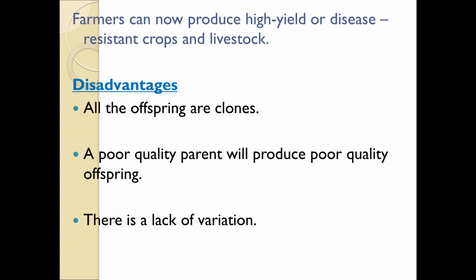But let's say there was a situation where there is variation, where they are not clones. Then, of course, they would be able to differentiate and survive in different conditions because they would have different features from the parent. So it is a disadvantage in that sense, meaning that they have the same replica and the same features as the parent, and they are all the same in terms of clones. And that will lead us to the second point, where it is saying that a poor quality parent, which is the parent plant, will produce poor quality offspring. Right.